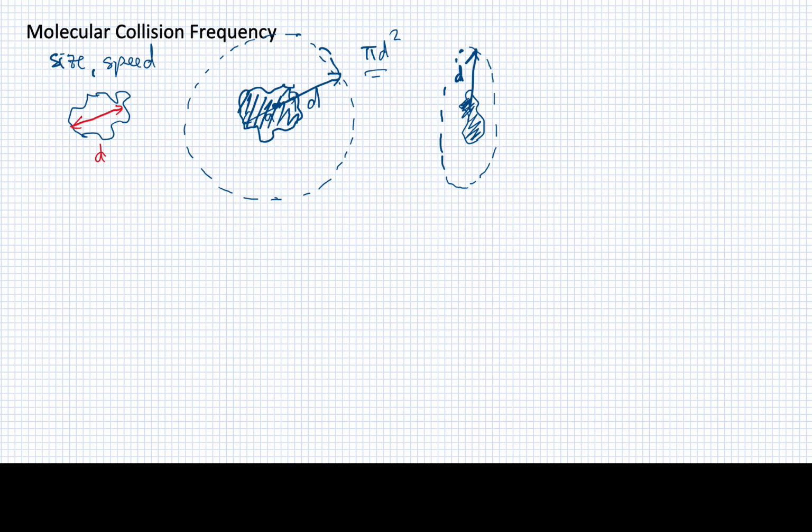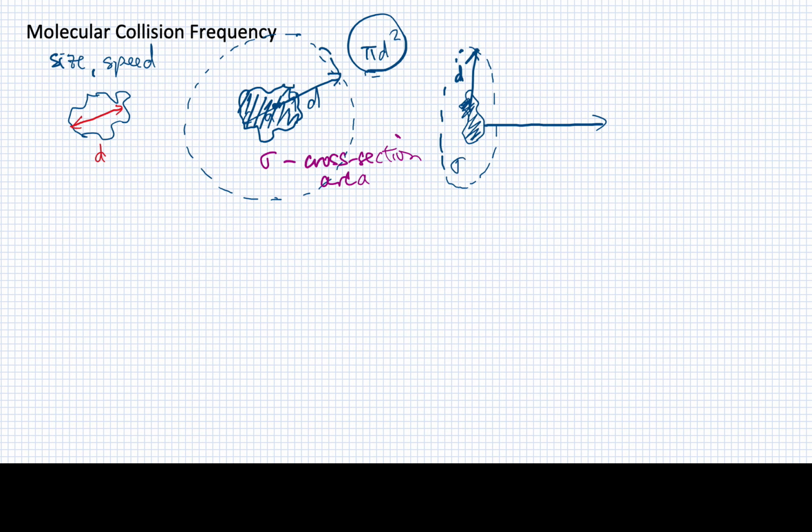Now, rather than go with a circle, it doesn't have to be a circle. It can be any old area. I'm just going to say that the area of this region here is something called sigma, and we'll call that the cross-section area of the molecule. So it's the cross-section that needs to be invaded by another molecule in order for there to be some kind of collision. All right, now if this molecule is moving through space in this direction, we can think of this